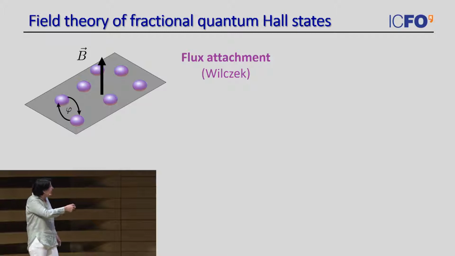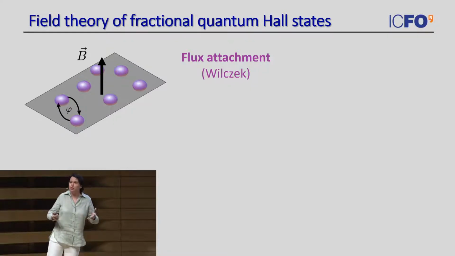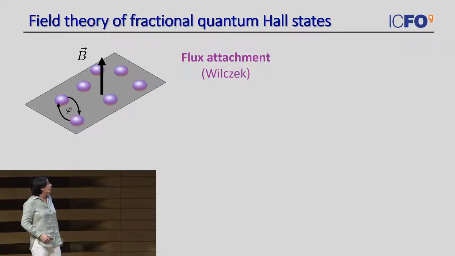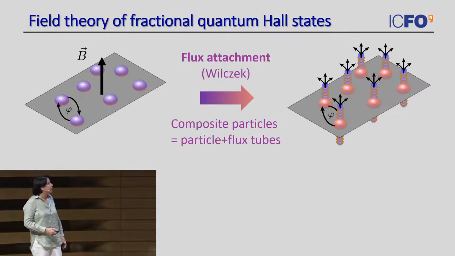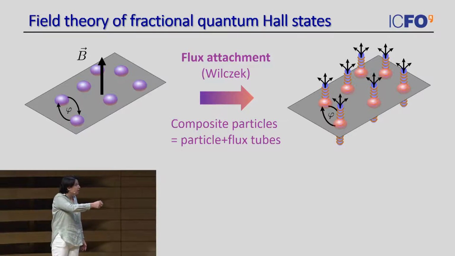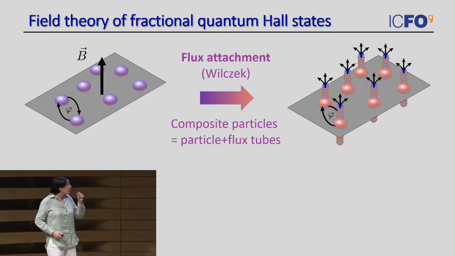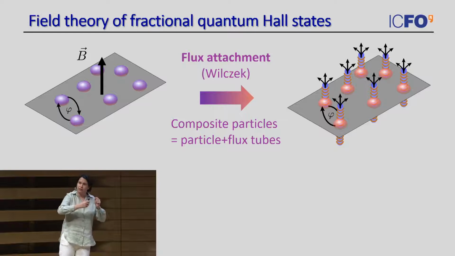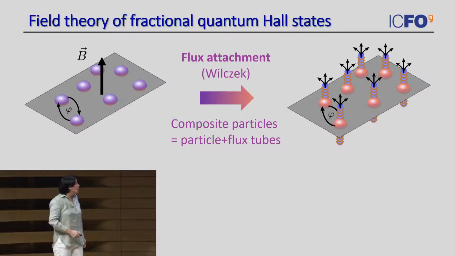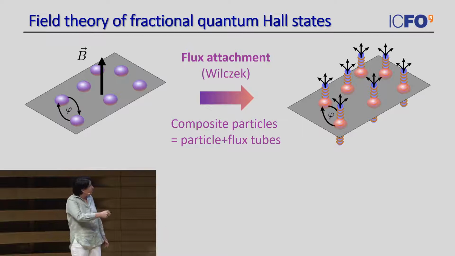This is an idea that Wilczek already proposed when he introduced the concept of anyons, and that builds on the concept of flux attachment. And what is flux attachment? It actually consists of taking the particles of the original strongly interacting system and replacing them by new particles, these orange particles here, which are now weakly interacting. But you put all the effect of the strong correlations into the fact that these particles grab part of the external magnetic field with them. Yeah? So they form some composite objects that are made by these particles, and these solenoids here, these flux tubes,